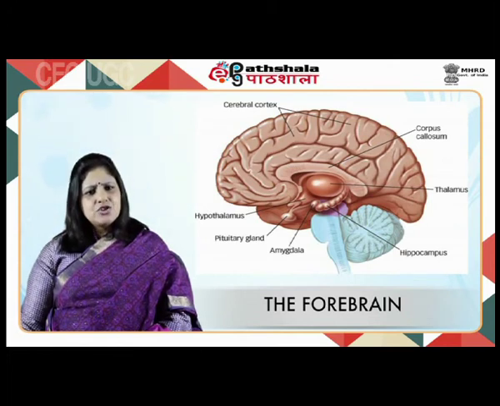Hypothalamus is located just below the thalamus, just above the brain stem. It contains many small nuclei with a variety of functions. The most important function of the hypothalamus is to connect the endocrine system via the pituitary gland, which controls the other glands of the endocrine system and is also termed the master